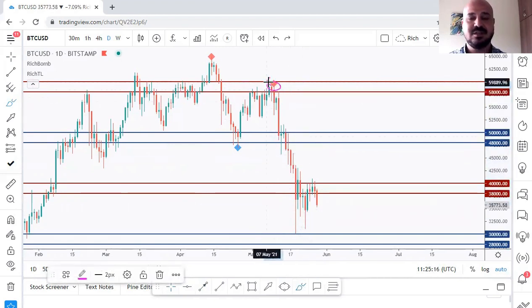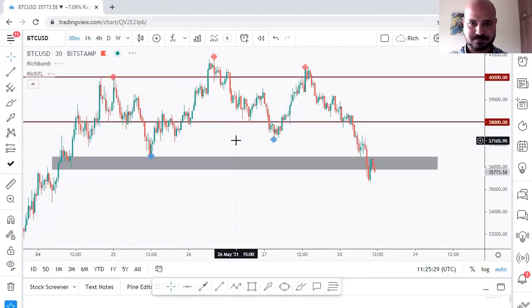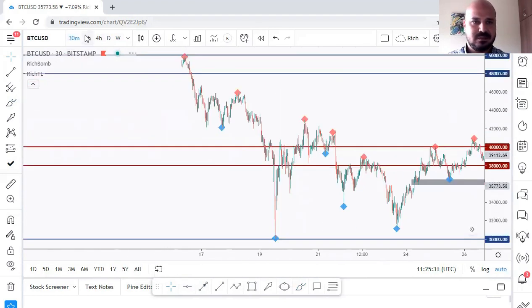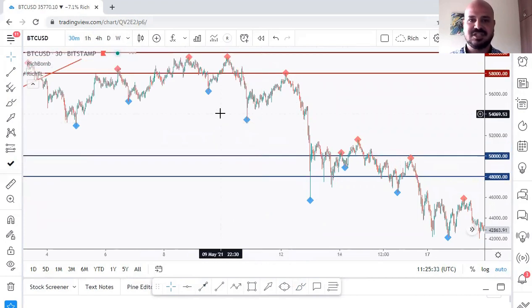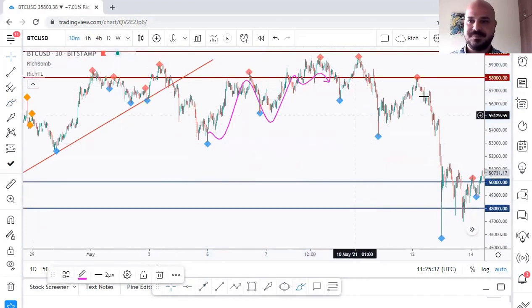We had this correction and expected that the price might retest this 50. Then we had a break below the 50, so we can expect a movement till the 40. Okay, so don't predict, we simply speculate and react. And as mentioned previously, the price approached the 60K, then formed